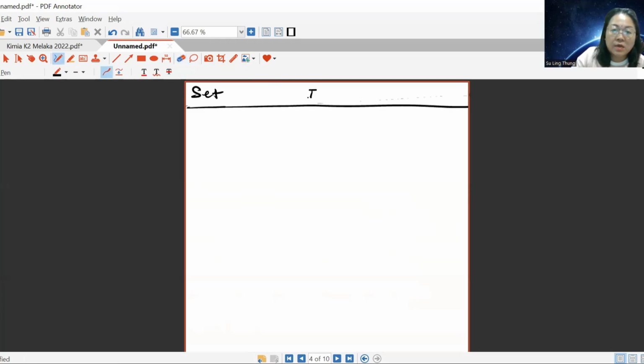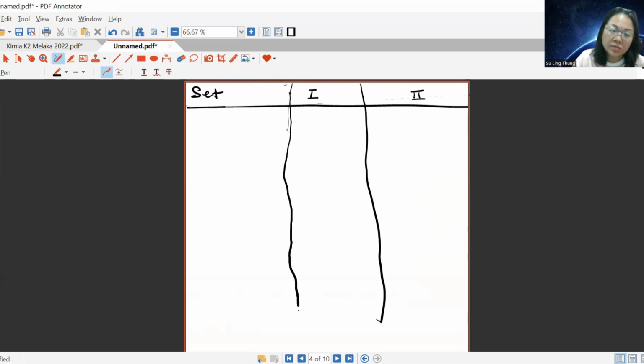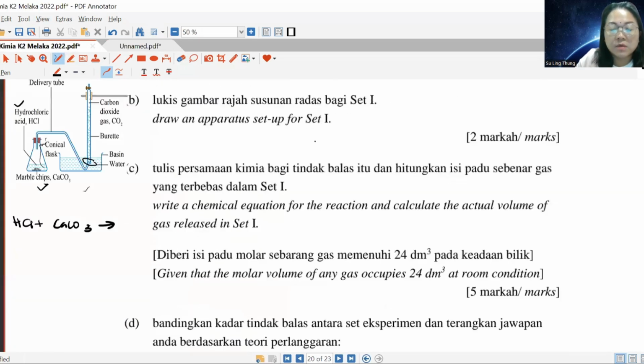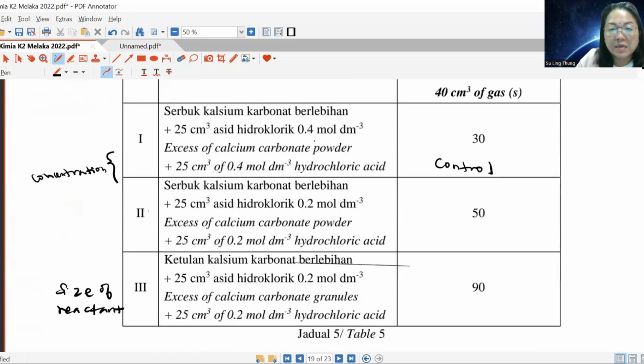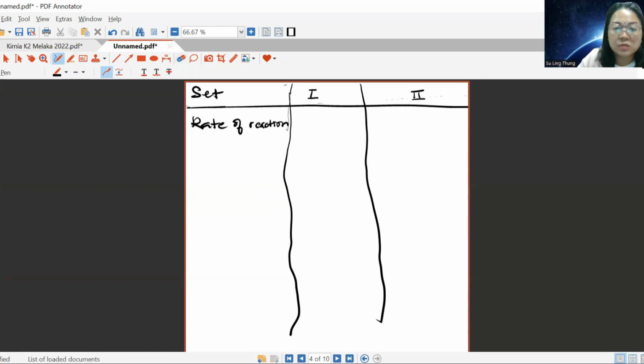So we've got set 1 and set 2 first. So like I said just now, we already know the difference. Oops, it's so bended. But anyway, sorry, I'm unable to draw such straight lines actually. Okay, rate of reaction. We definitely know, if comparatively set 1 and set 2, we can see that the rate of reaction in set 1 is much higher compared to set 2. So in 1 is higher,